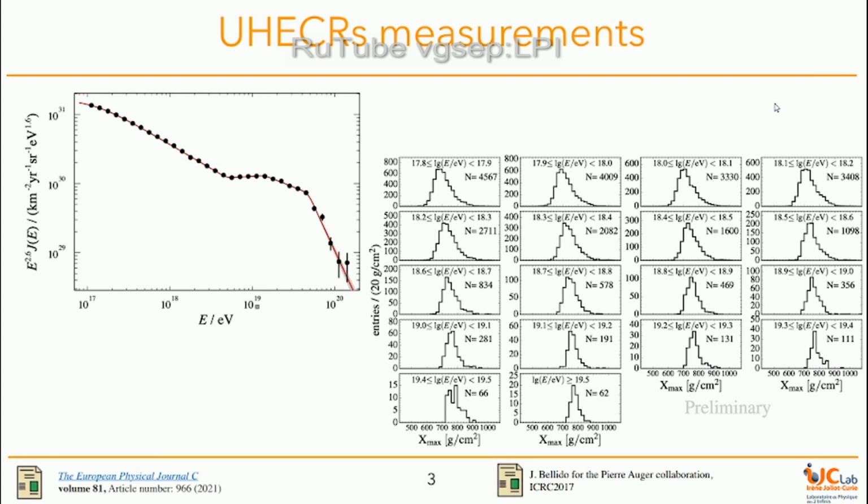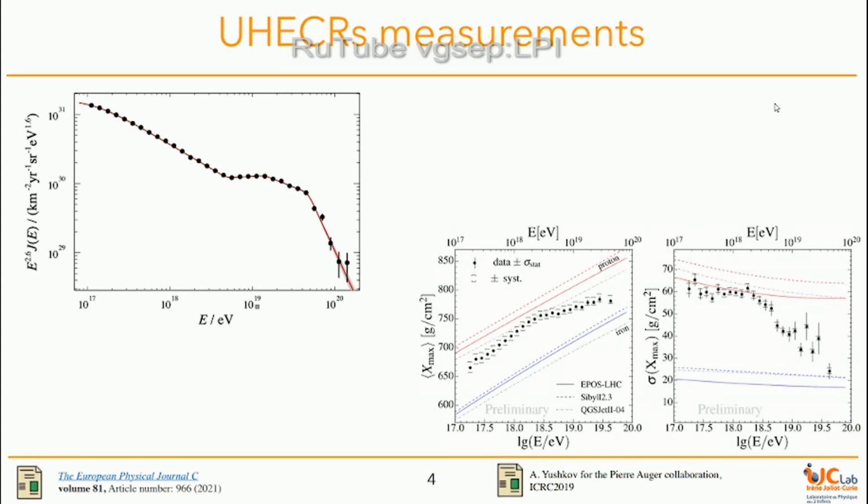What we saw this morning, and also in this session, is normally this plot, in which the red line corresponds to a pure proton composition for different hadronic interaction models, and the blue line corresponds to a pure iron composition, again from different hadronic interaction models. The Auger data are these black dots. So you can see that we go from an intermediate to a light composition around the ankle, and then to a heavier one.